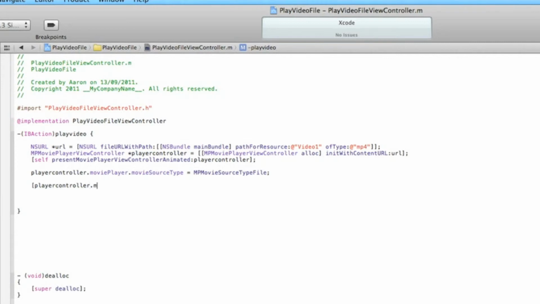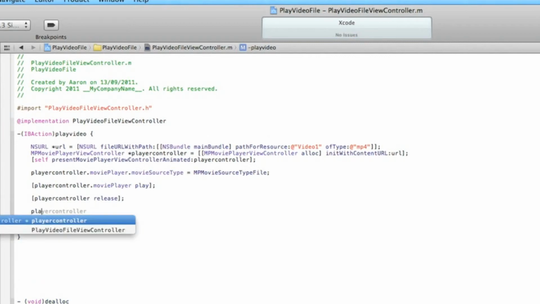again dot moviePlayer play, and close it with a bracket and a semicolon, and again enter a few times, do bracket playerController release, end that with a bracket and semicolon, and then the final line playerController equals nil, and end that with a semicolon. And if you want to pause the video there and catch up on any of the coding,